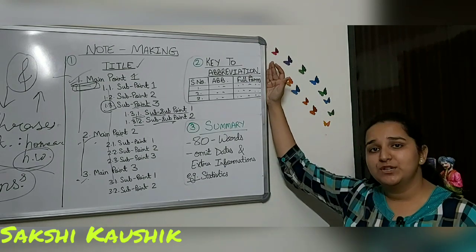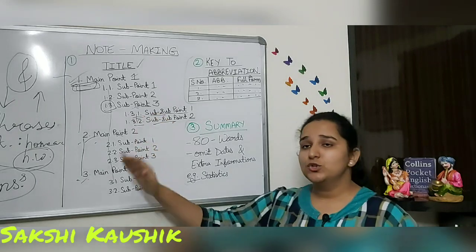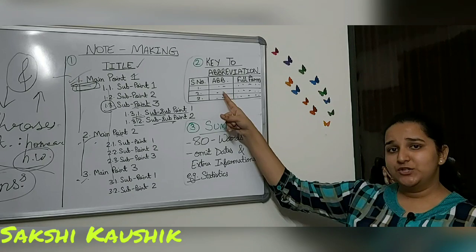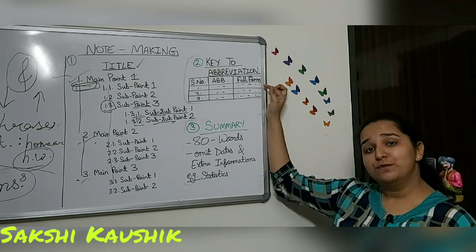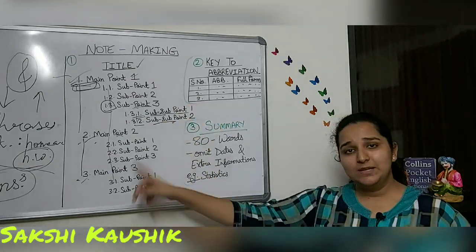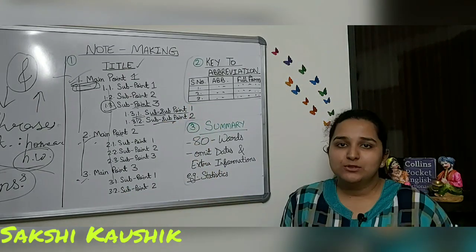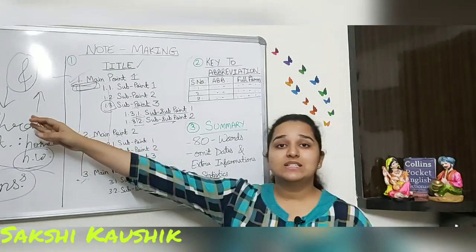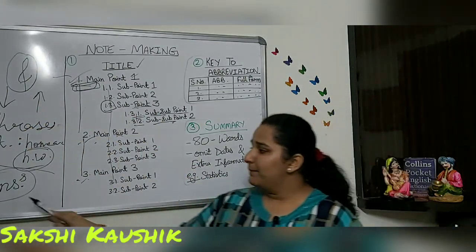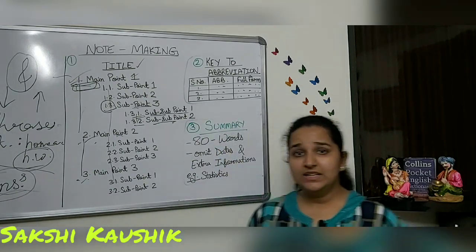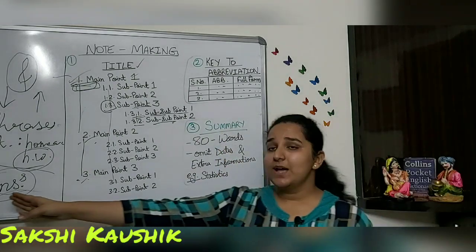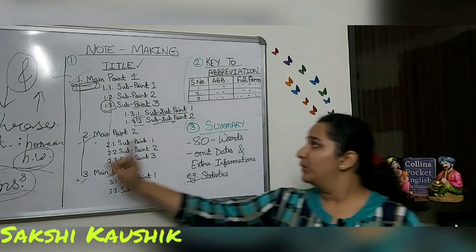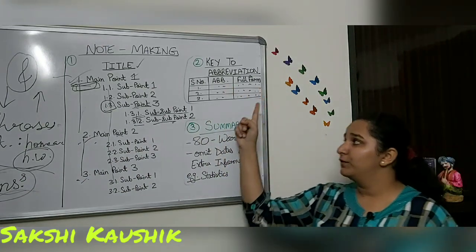So here we have a key to abbreviation. Any abbreviation that you may have used in your main body of the notes, you have to put that abbreviation over here and you have to write the full form so that the examiner or anybody who is reading your notes will be able to understand the abbreviations that you have used. Okay, if there are universal abbreviations, everybody would. But the abbreviation that we used, "consistent", nobody would understand. Maybe somebody thinks it is "conscious", maybe somebody thinks it's "constant". Nobody would understand, right? So you would put this abbreviation over here along with the full form.